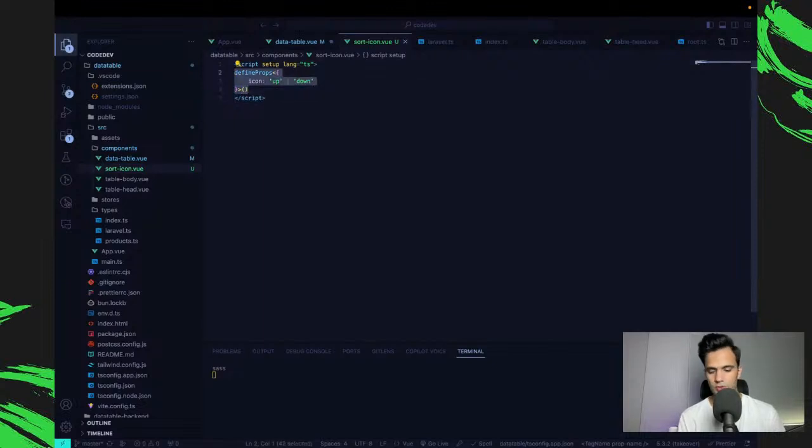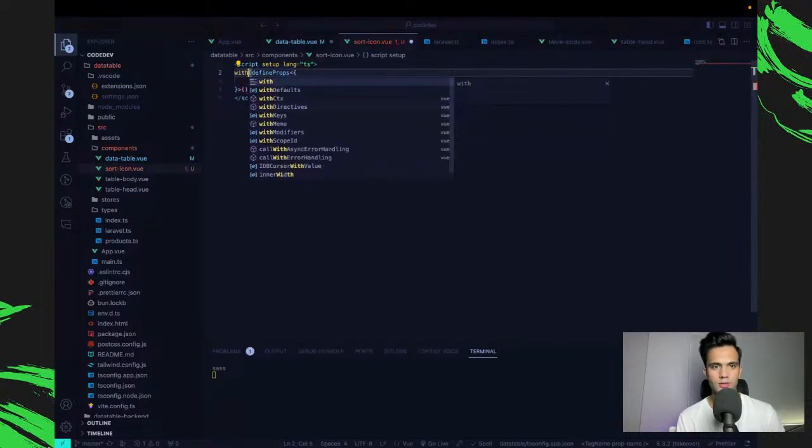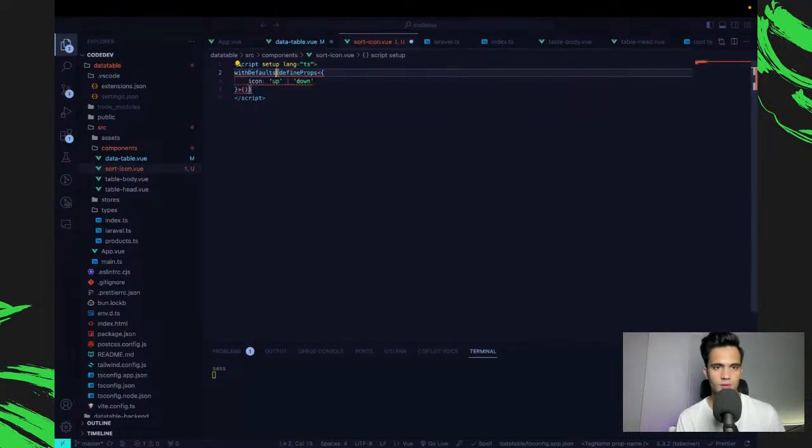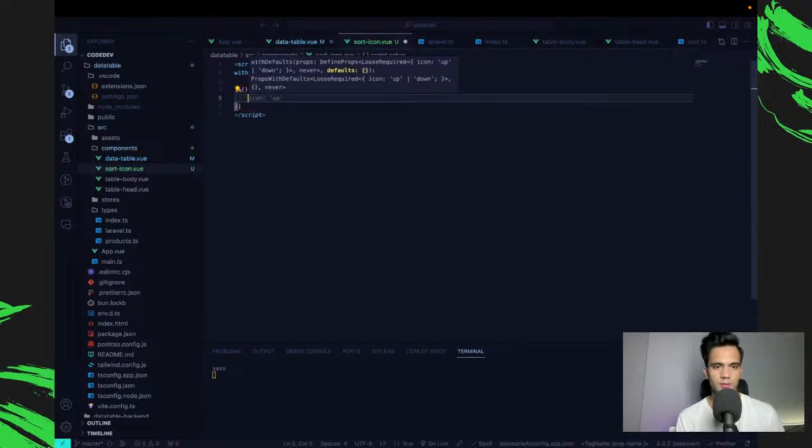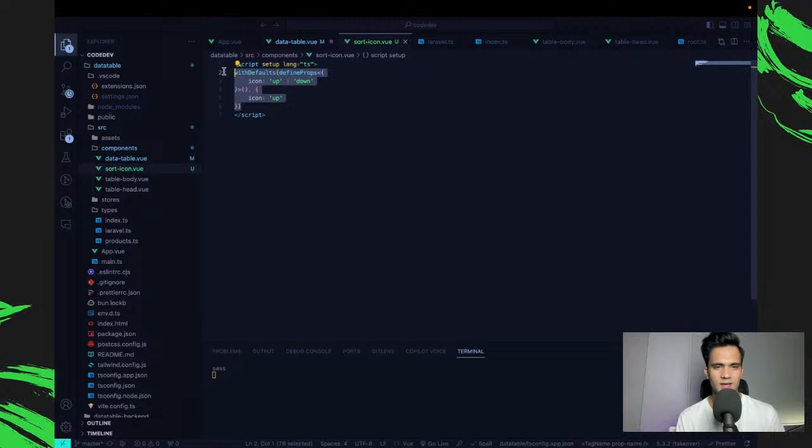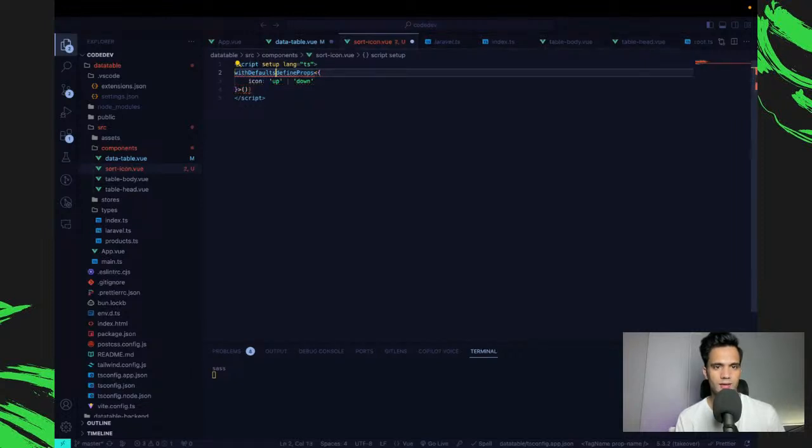And then I also want to define my defaults with withDefaults. The withDefaults takes the first parameter, this one, and the second one will be icon. By default, let's say up, but I don't think we need the default one, because if I call the icon, I'll have to pass it the icon. So we can go with that for sure.